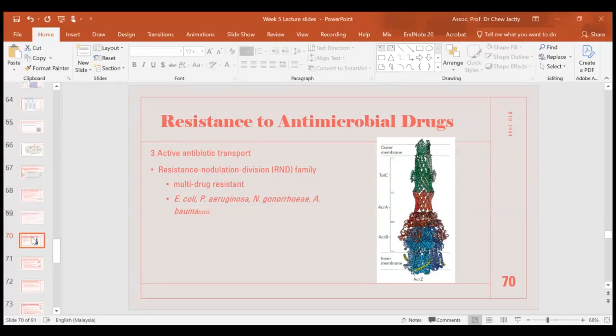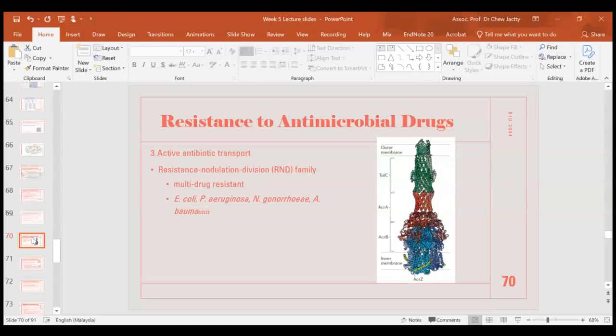So what we have observed is that bacterial cells can overexpress certain genes, right? For example, in this case, the resistance nodulation division family genes that are found in many gram-negative bacteria. This is the structure of the efflux pumps found in, for instance, multi-drug resistant E. coli. We call that a tripartite structure. There are 3 different structures, lining from the inner membrane to the outer membrane of the gram-negative bacteria. Their main function is to actively pump out antibiotics from the cell